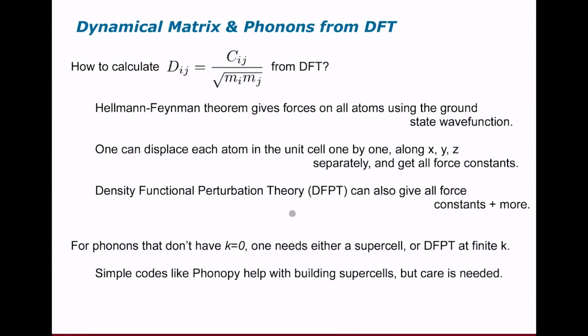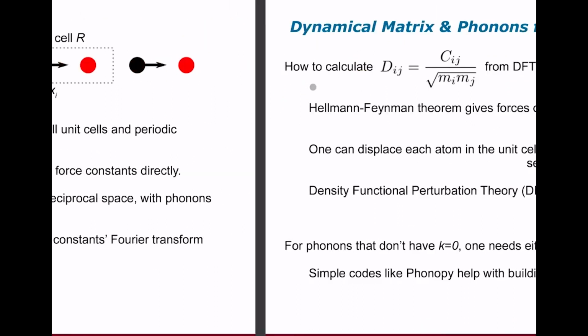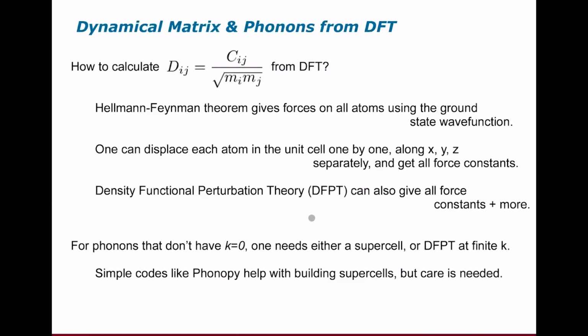Or you can do density functional perturbation theory to do the same. Density functional perturbation theory is now implemented in pretty much any commonly used code that gives you the force constants for all the atomic displacements if need be, plus more, like it can give you things like response to external fields and so on. These all work well at the zero wave vector limit, which would be like this, where all equivalent atoms in the whole crystal move in phase. When you have a finite wavelength, so that some atoms in neighboring unit cells don't move in phase,